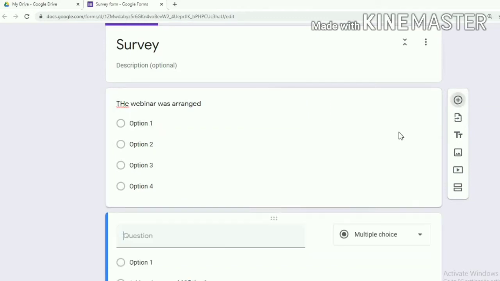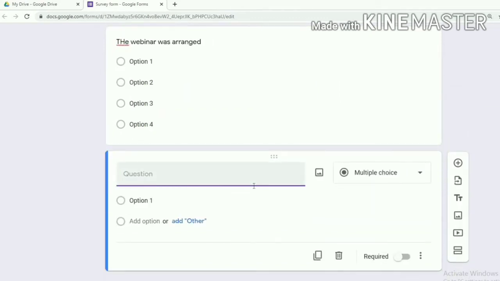Next question, I want to make it as a checkbox type. Why I want to make the question as a checkbox type means the respondents can be able to answer or choose more than one option. In such case, checkbox is mandatory, because in the radio button type, the respondents can choose only one option.